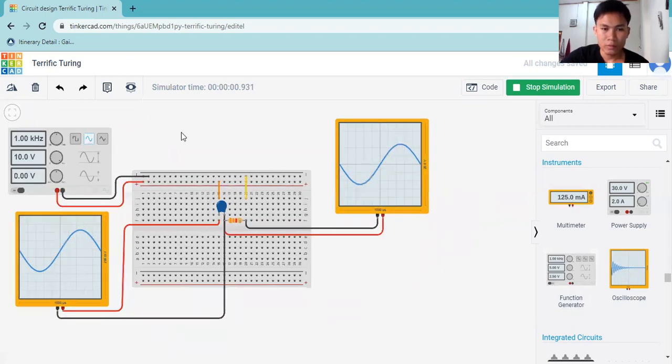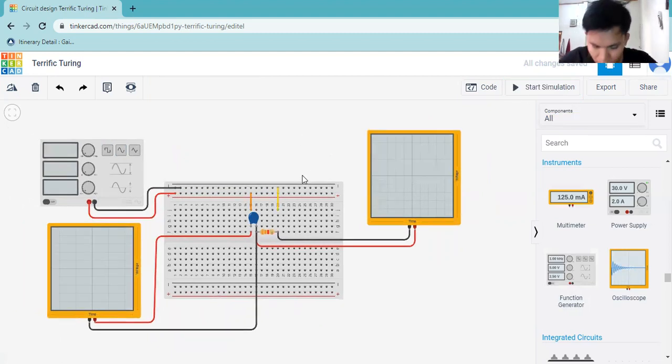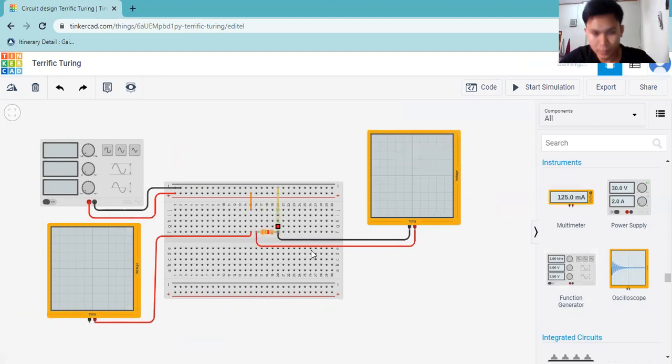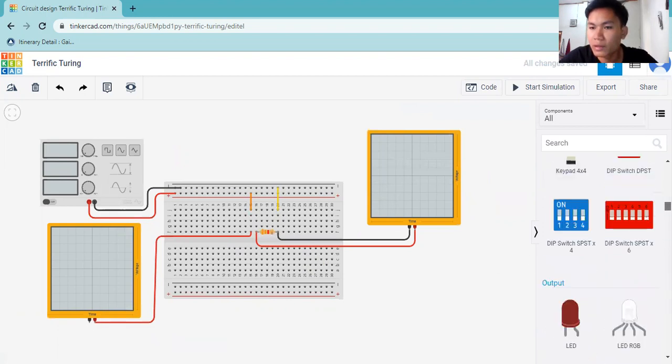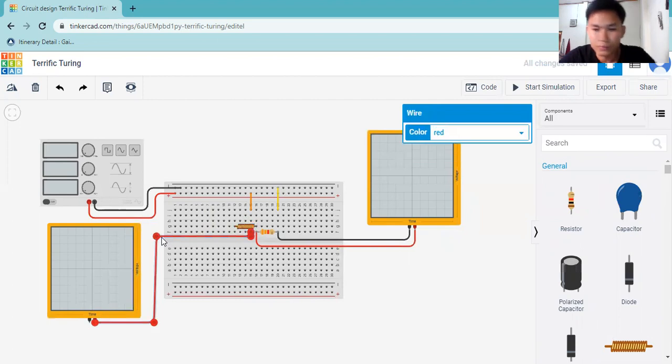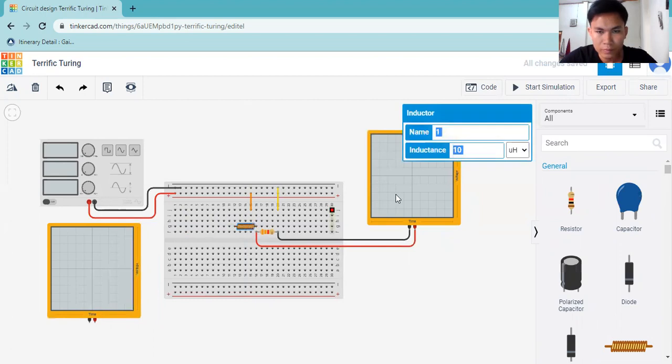So we can change the value for the second one of this part. We replace the capacitor with a Henry inductor. Yes, we replace this. The value of this inductor is